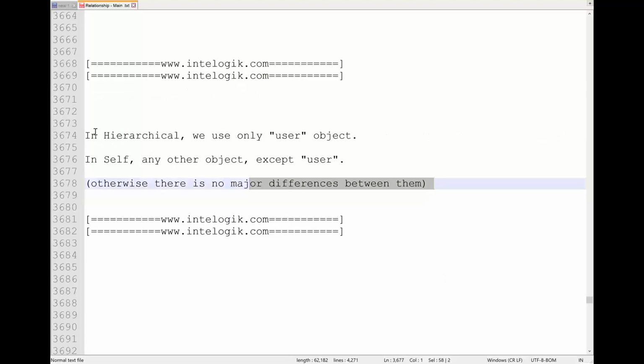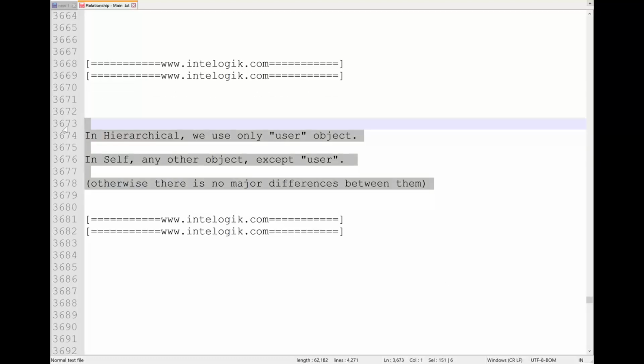Please note, hierarchy we use only on the user object, but in self, we can use any object except user. So hierarchy is only the user object, self is any object but not the user object. Otherwise, there is no great difference between them.